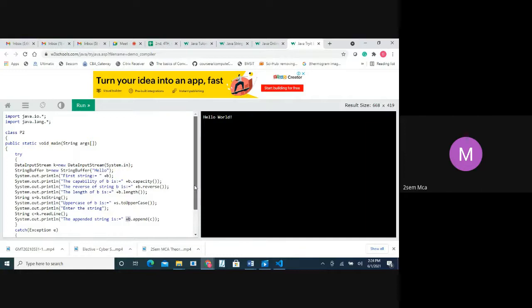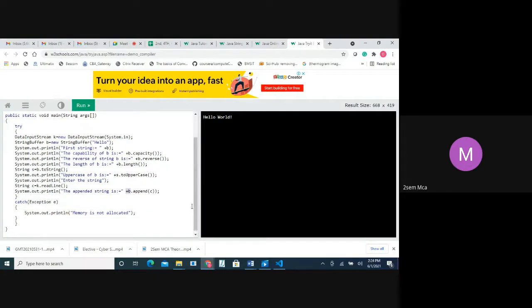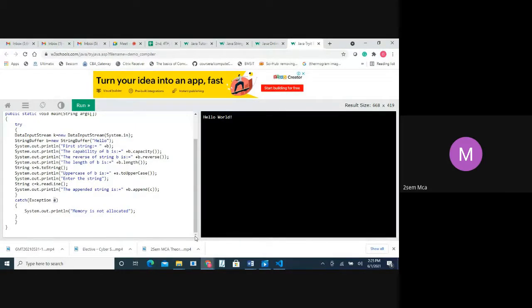Yes, and in case there is no problem here, then catch, we are not catching anything, but still we are creating a try and catch block, and for catch block we are creating an object called E, and whatever we are storing here will be stored in this object called exception E. Yes. So this is our third program.